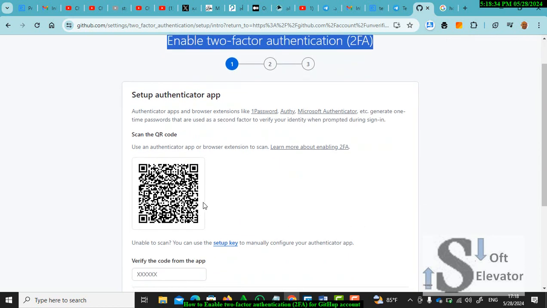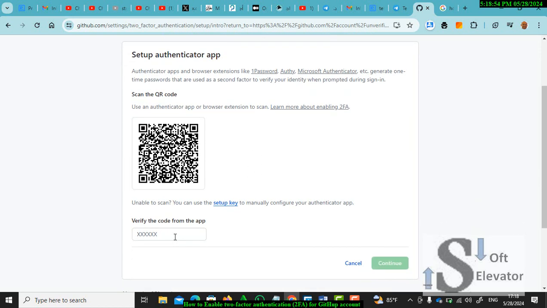You will download an authentication app from the Google Play Store on your mobile or tablet, and then open this authentication application and scan this QR code. After scanning this QR code using the application on your mobile or tablet, you will get a key. Enter the key here. The key I found here on my tablet,